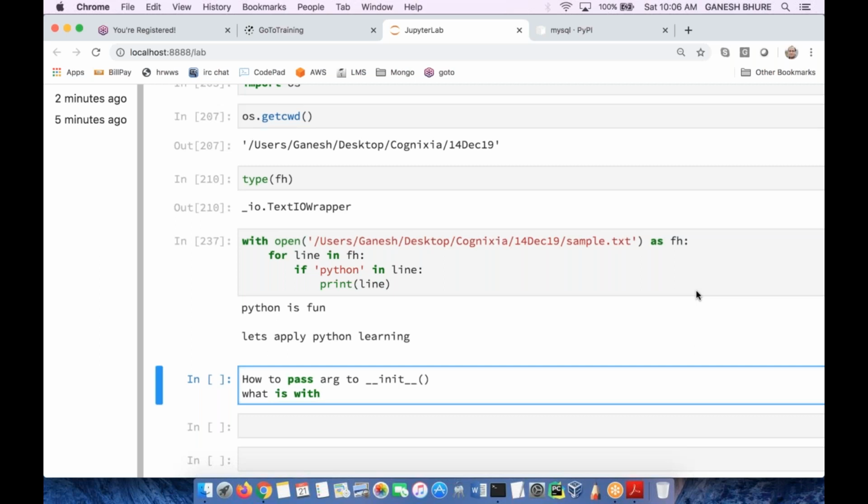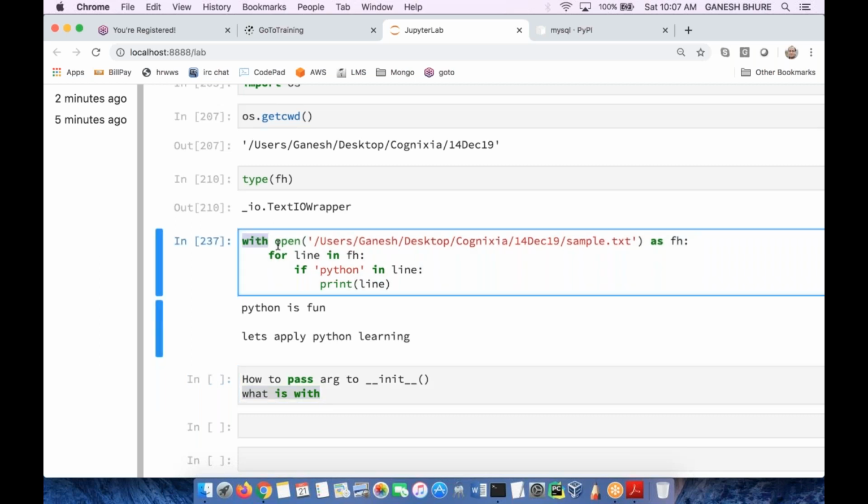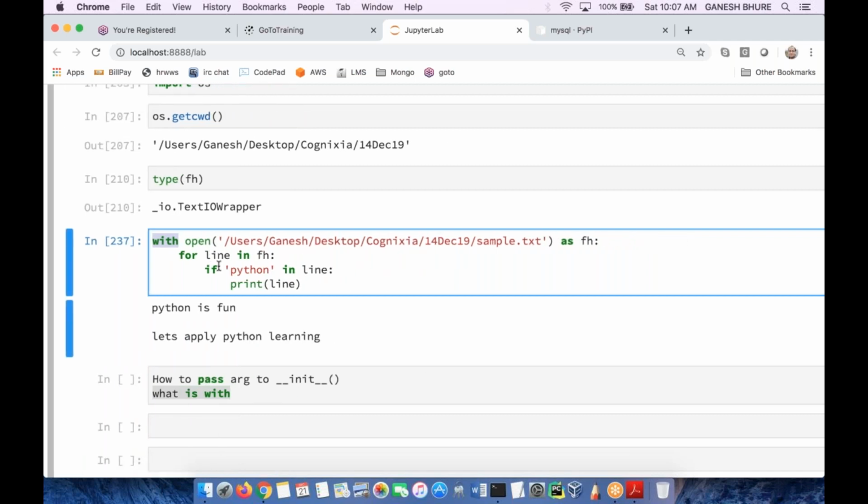Yes, who can answer this? How to pass an argument to init, or what is with? First, let's start with what is with. With is something called context management, right? So with is just a keyword. Let's not go into that depth of what a context manager is and all these things, but with is just a keyword which forms a context, meaning using the with keyword in this statement we can have this colon,